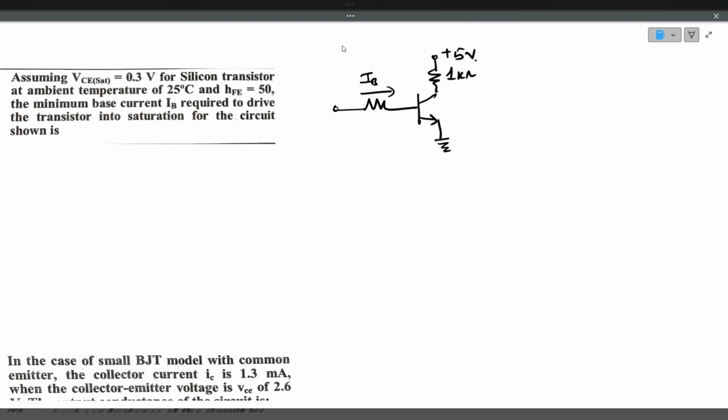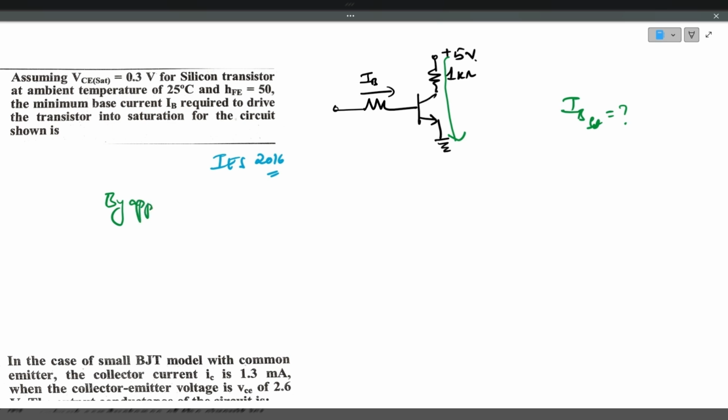This question was asked in IES 2016. Very, very important question. So he is directly asking what is the minimum base current that is required, IB saturation, to drive the transistor into saturation. So let's take the saturation formulas only. First, we'll calculate it. If you apply the Kirchhoff voltage law in the output loop